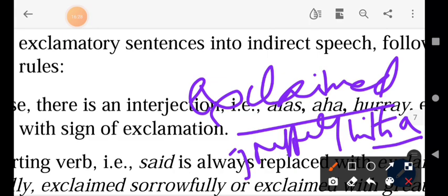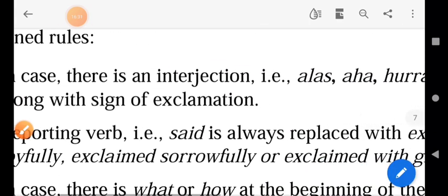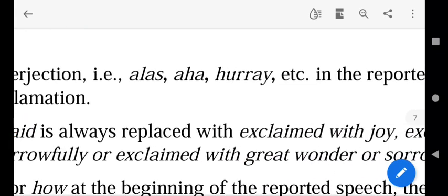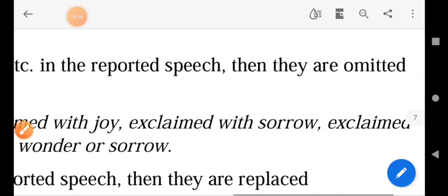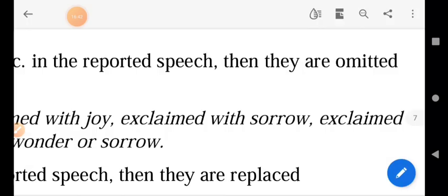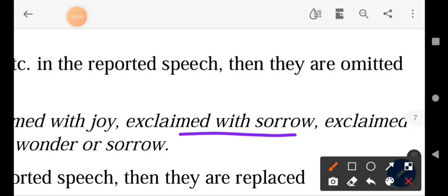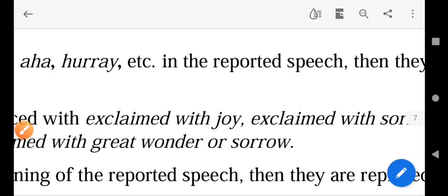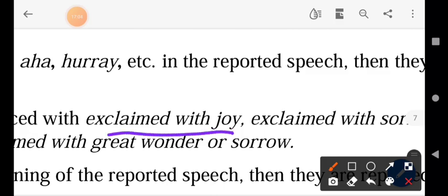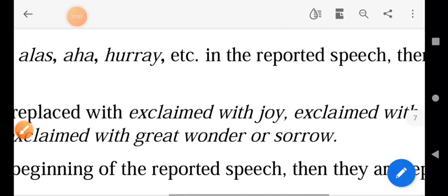And then the next rule is, the reporting verb "said" is always replaced with exclaimed with joy or exclaimed with sorrow. Based on the context, we have to change. That particular expression may be a sorrow, so we should start the sentence, he exclaimed with sorrow. For a joyful sentence, we should start the sentence, he exclaimed with joy. And another sentence, exclaimed